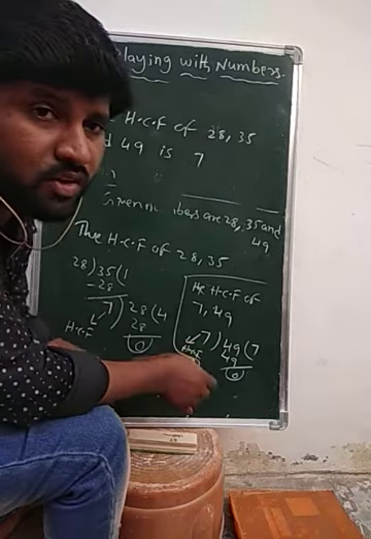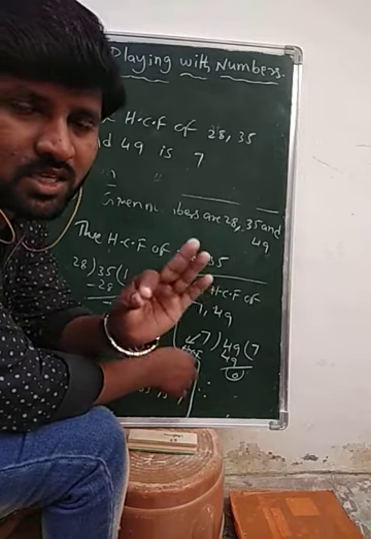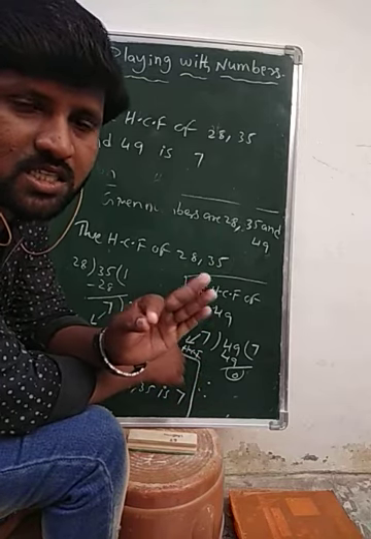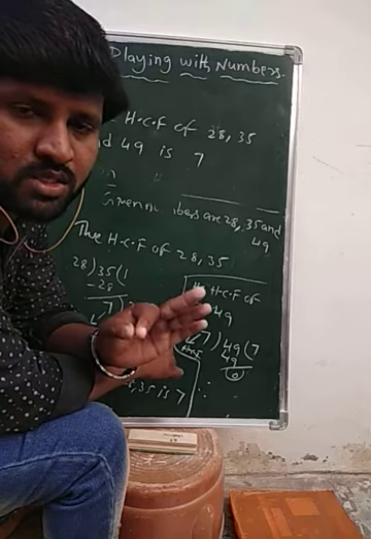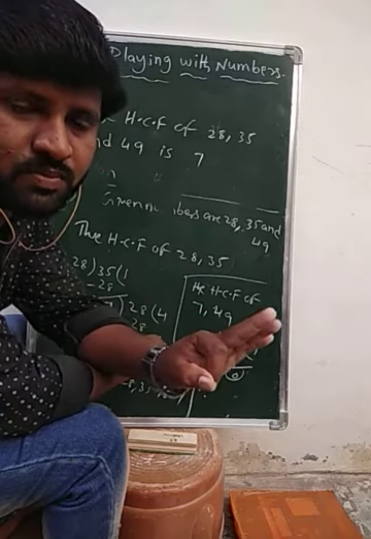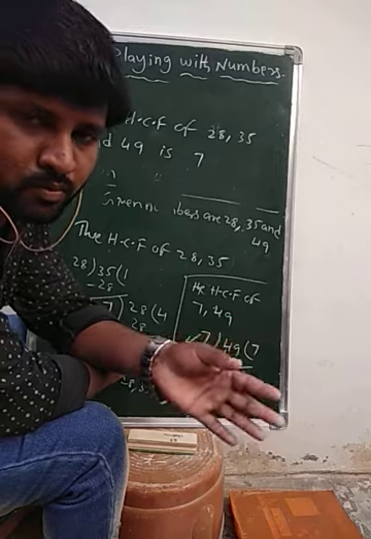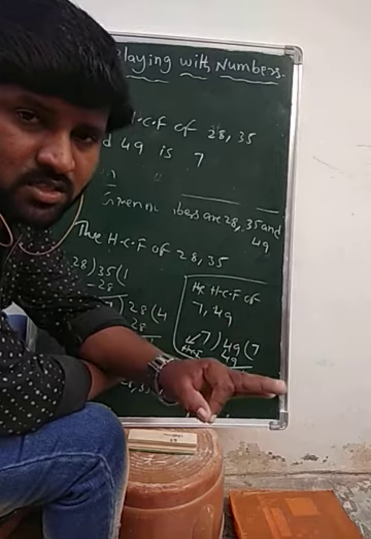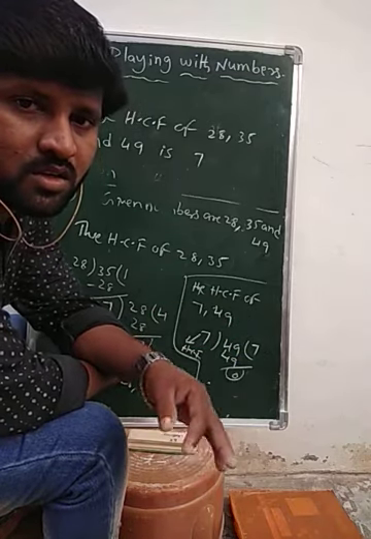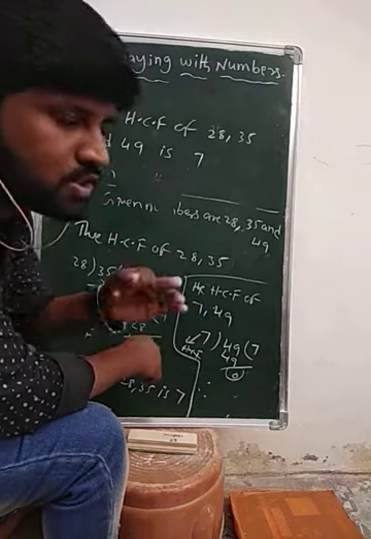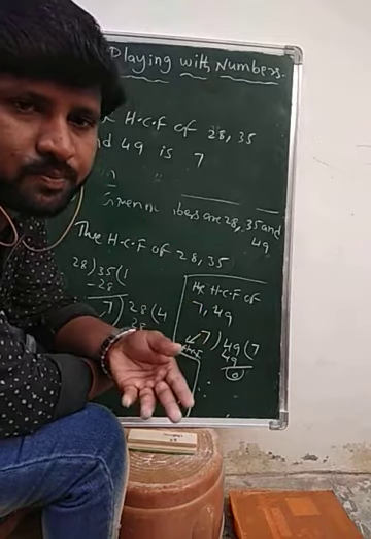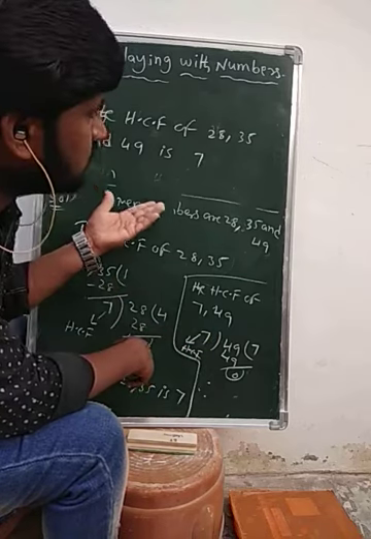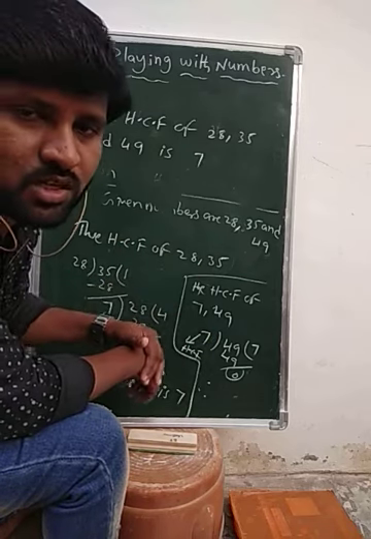Like this we can find the HCF, highest common factor or greatest common divisor of numbers, by using the prime factorization method, or by finding the common factors, or by using the continued division method. Okay, now you take different numbers and use these methods and find their highest common factor.